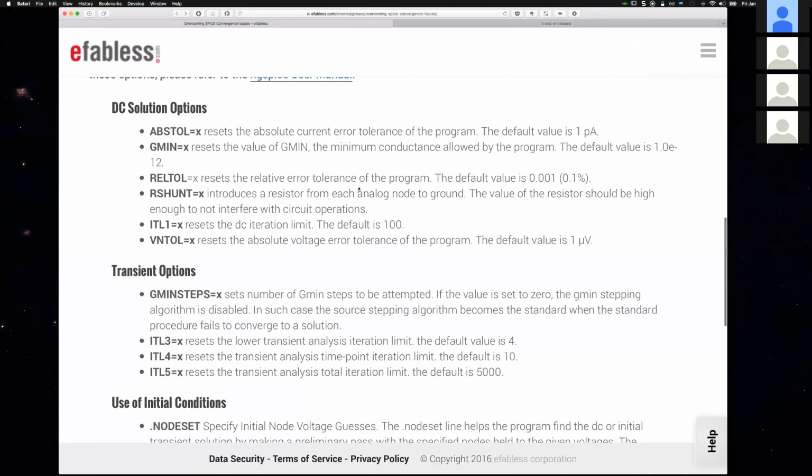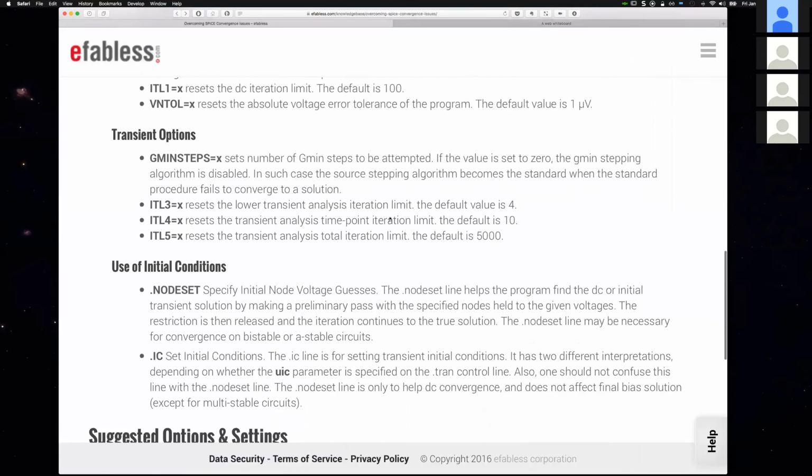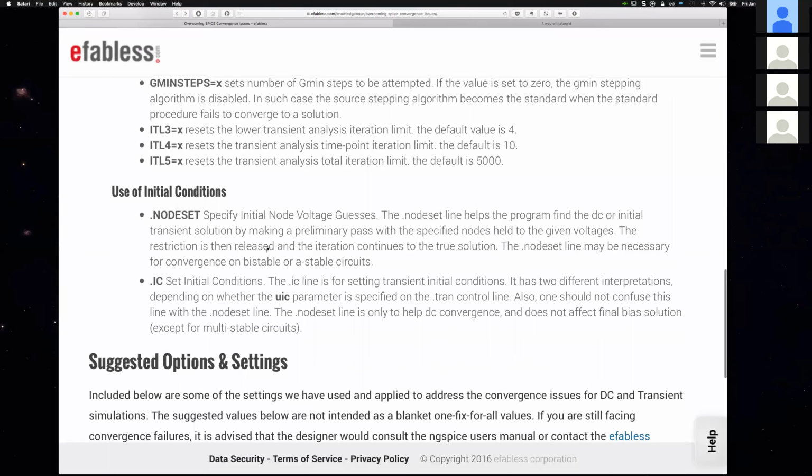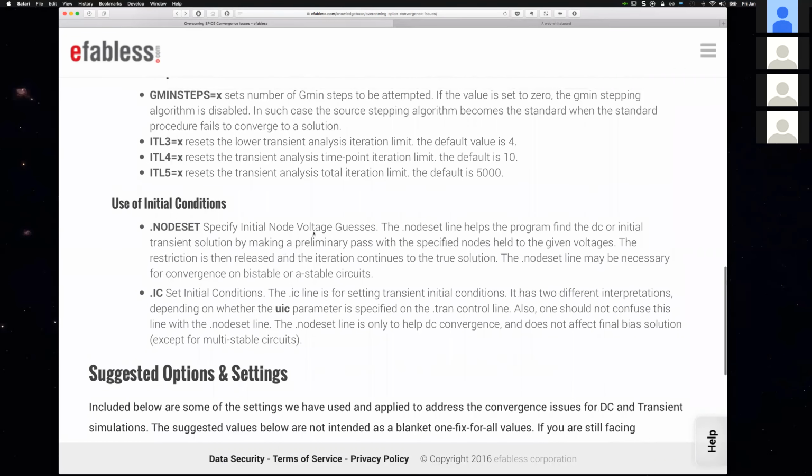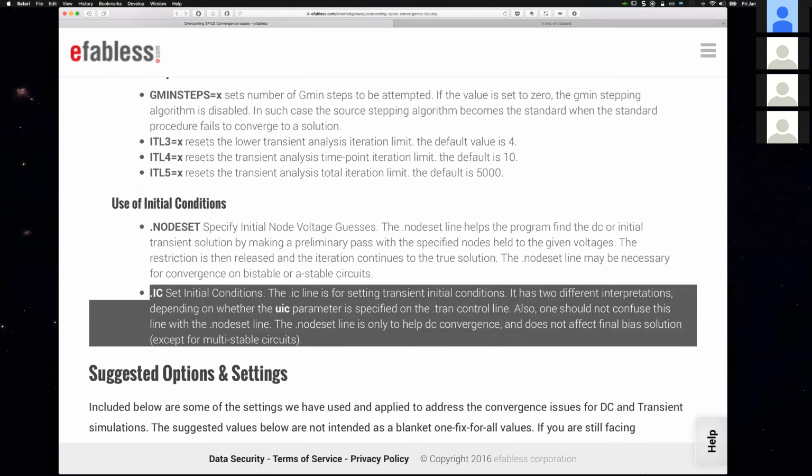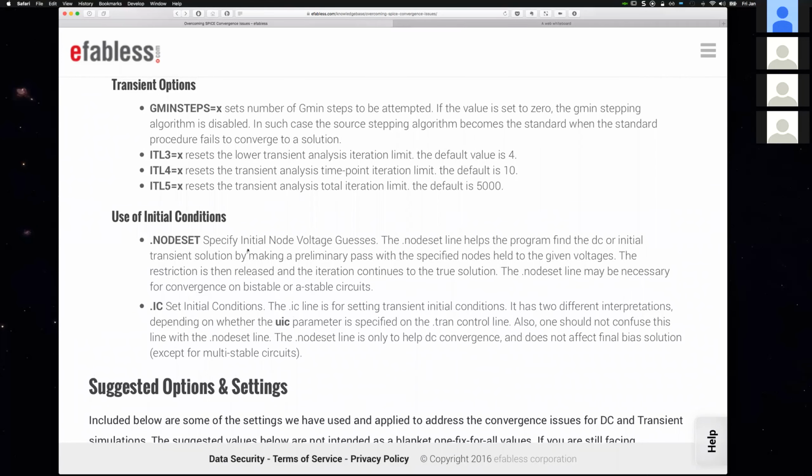So in general, I would say transient is basically the key here. That brings me to the next point: one of them is related to the DC, which is the nodeset, and the other is the use of initial conditions. If I go to the nodeset, effectively you're putting a voltage source with a very low resistor attached to the nodes you're intending to set. The purpose of that is to try to bring the circuit close to the final solution,